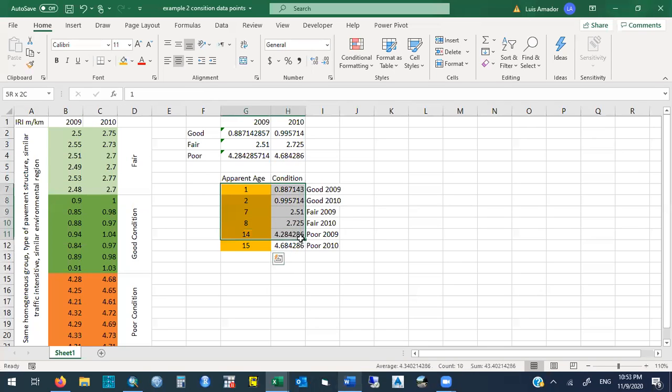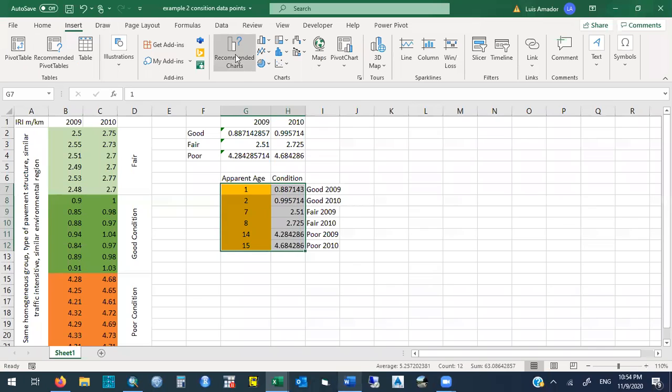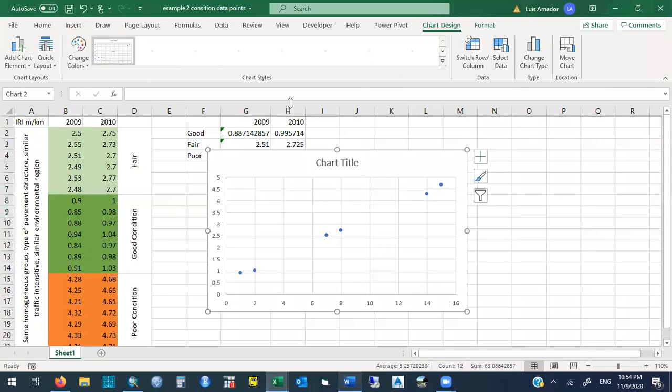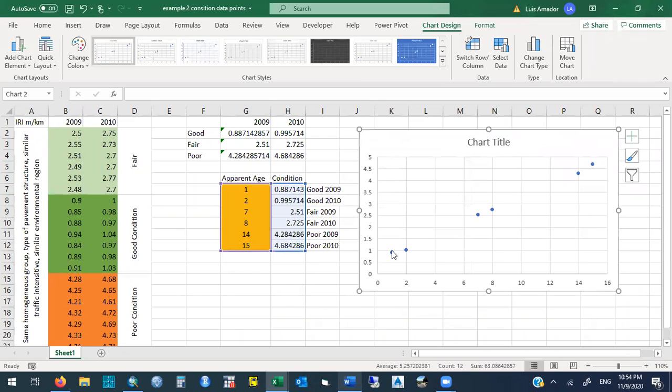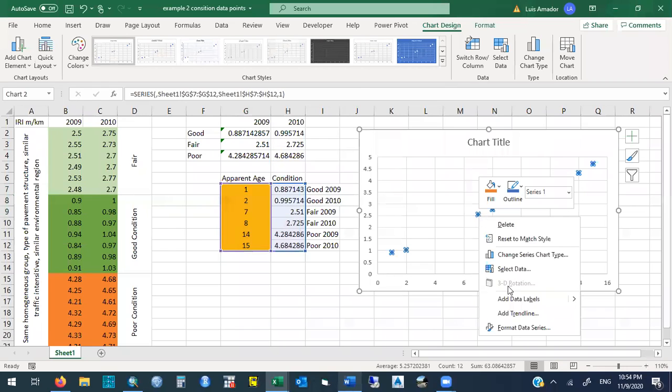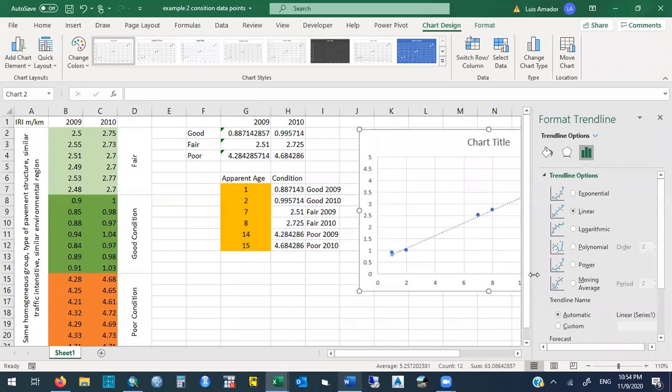But I'm going to go ahead and plot this so you understand the approach that we're doing, and then we go back to the theory. If you see, these 2 points over here, 0.88 and 0.99, they are the good group. These 2 points over here, they are the fair group. And these 2 points over here, they are the poor group. So I can actually go ahead and put a trend line,